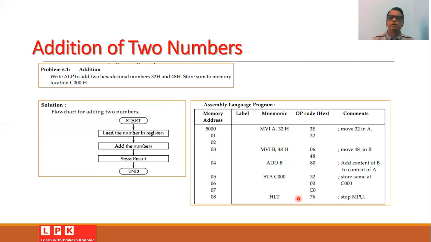For execution of this program, you need to have a microprocessor based system or a trainer kit with you. And on the trainer kit, you can feed this code and execute it. Another way is that on mobile phones, you will find an 8085 simulator app. I have already prepared a separate session. You can refer to that session, where you will find how to run or execute the assembly language program by using your mobile phone. So once you have written the program, you can execute it and check the result at this location C000.